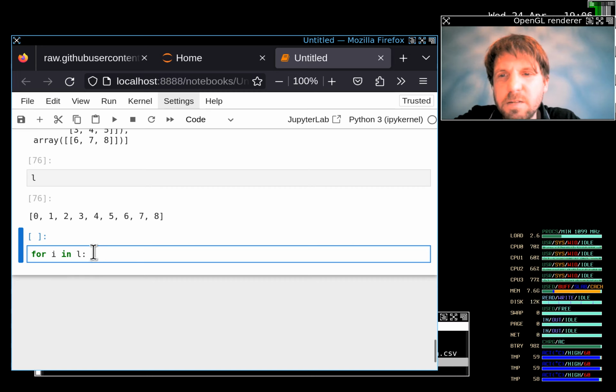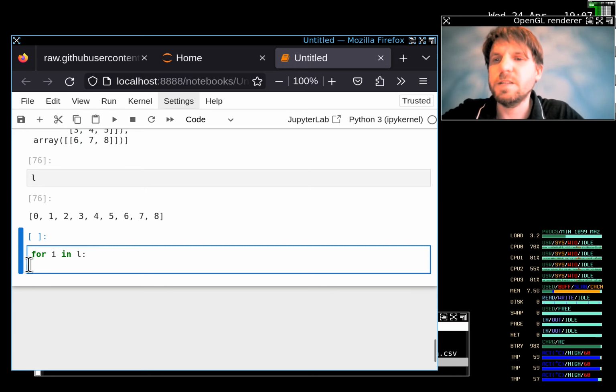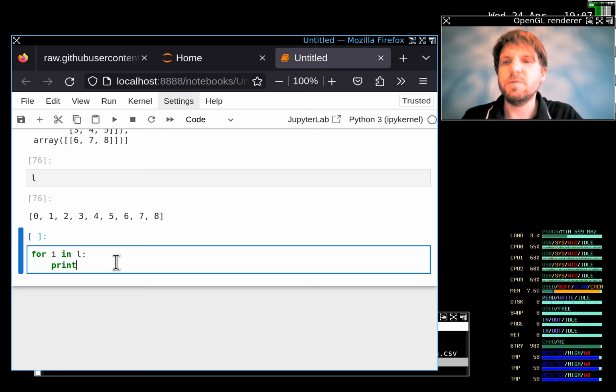You don't write any brackets here to start the loop as in other languages. You just indent the code, and the Python language automatically gets that this is the stuff to do. Okay, so we create our loop. As you see here, it automatically pushed the tabulator for us. If I would get back, I'm already outside the loop. Okay, so what I want to do, I want to execute some code all the time, so I use just